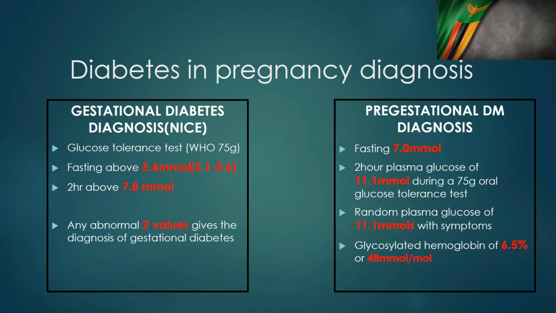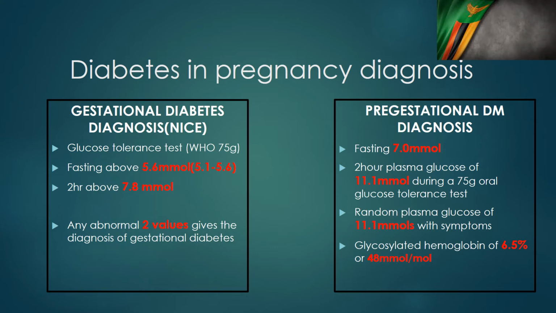And I think this is much easier in our setup where we might not have glucose to give the patient to make this diagnosis, this 75 grams. And normally it's easier for us here to just use a fasting blood glucose. Once we see 5.6 and above, then we make a diagnosis